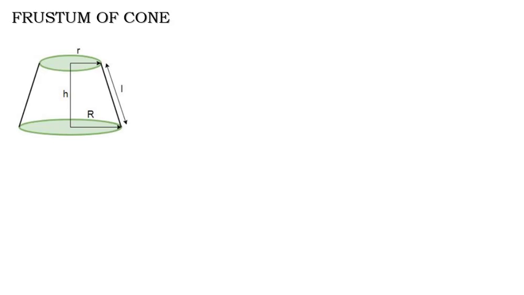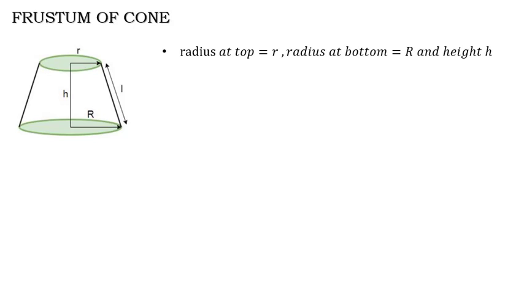Now let us see various formulas related to the frustum of a cone. For the frustum of a cone, we are given the top radius or radius at the smaller end as small r1, radius at the base as capital R, and height as h. Here we are going to find the curved surface area, total surface area and volume. In this lecture we are going to see the formulas, and in the coming lectures we are going to derive these formulas. For curved surface area we require the slant height.